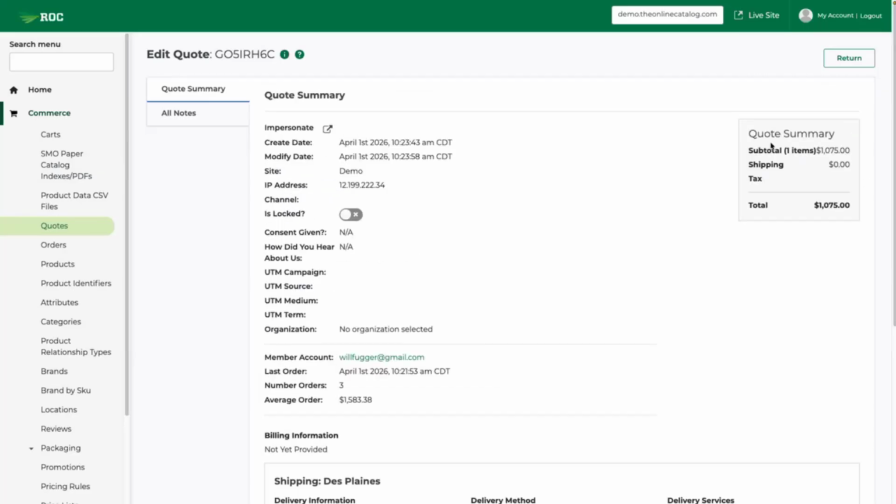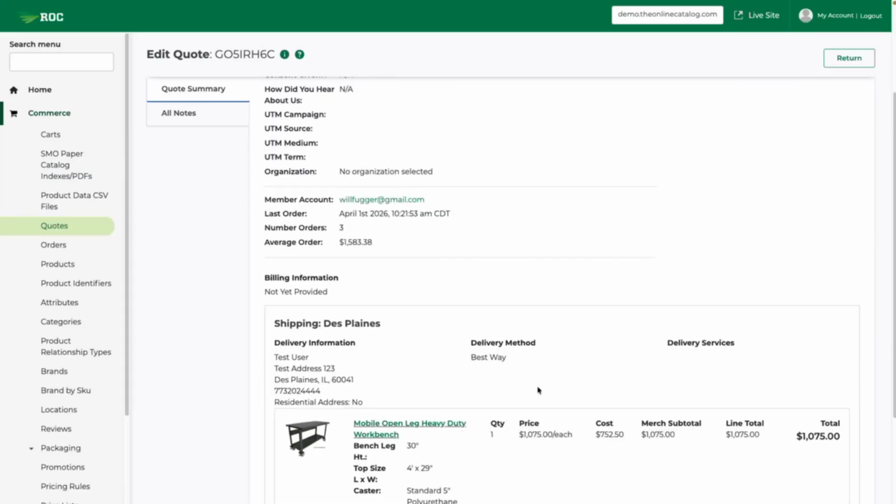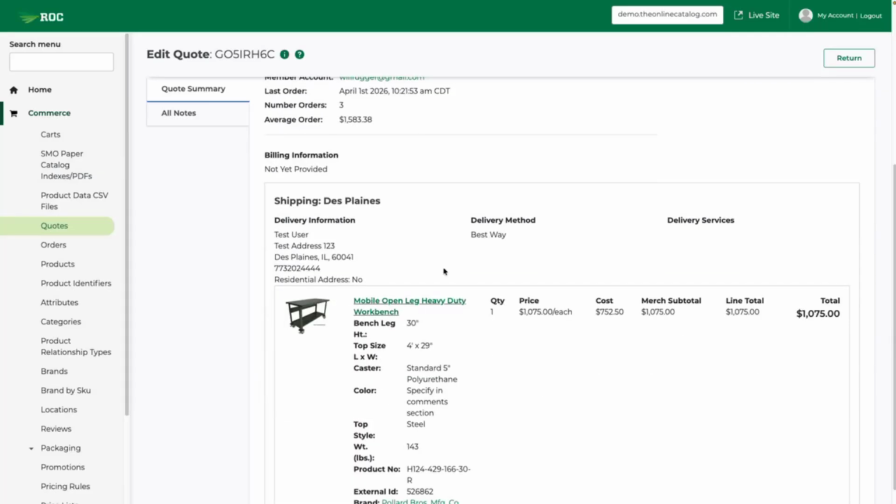You will also see in the top right here the quote summary, which includes the subtotal, if there was any shipping during the quoting, and the total amount. You will also see their member account, the last time they ordered, the number of orders they've placed, and their average order. If you scroll down further, you'll see the billing information, which is not yet provided, which is very common for quotes,